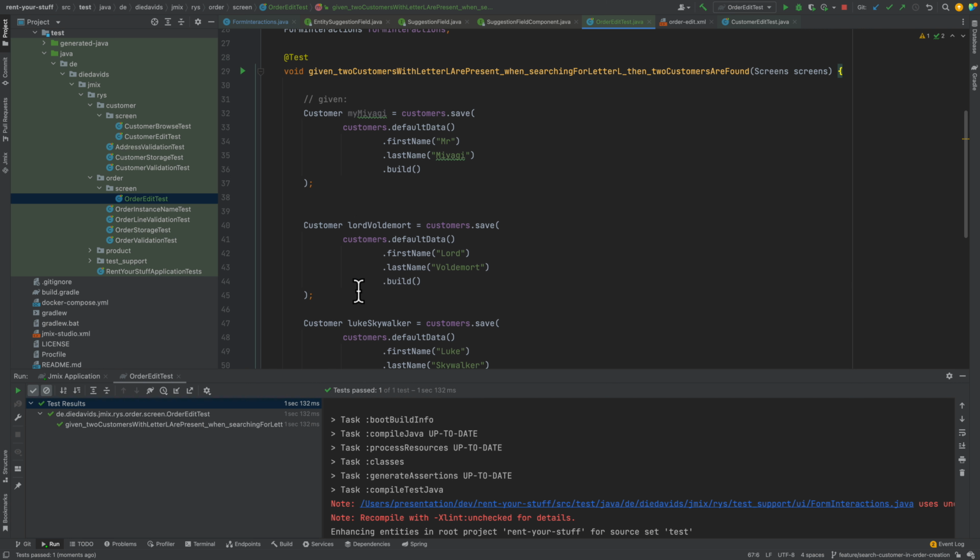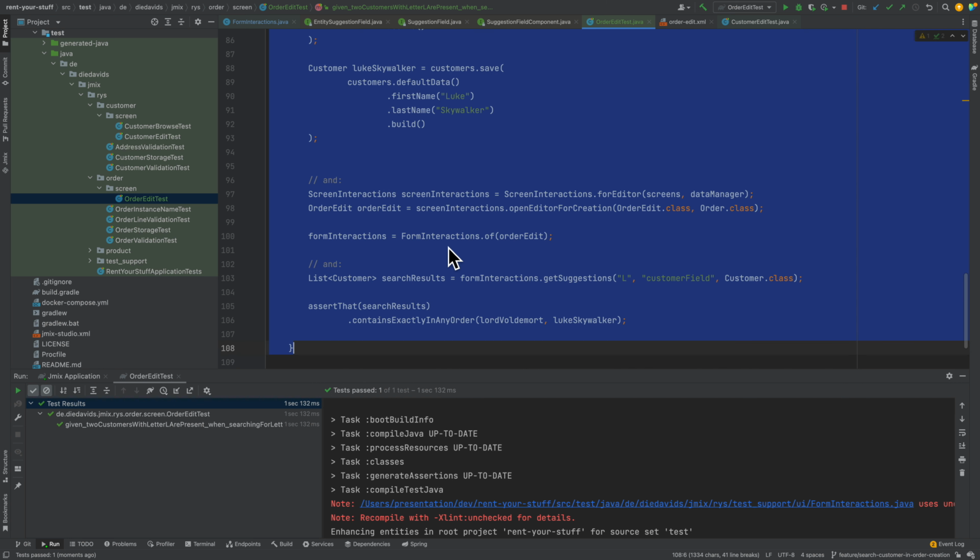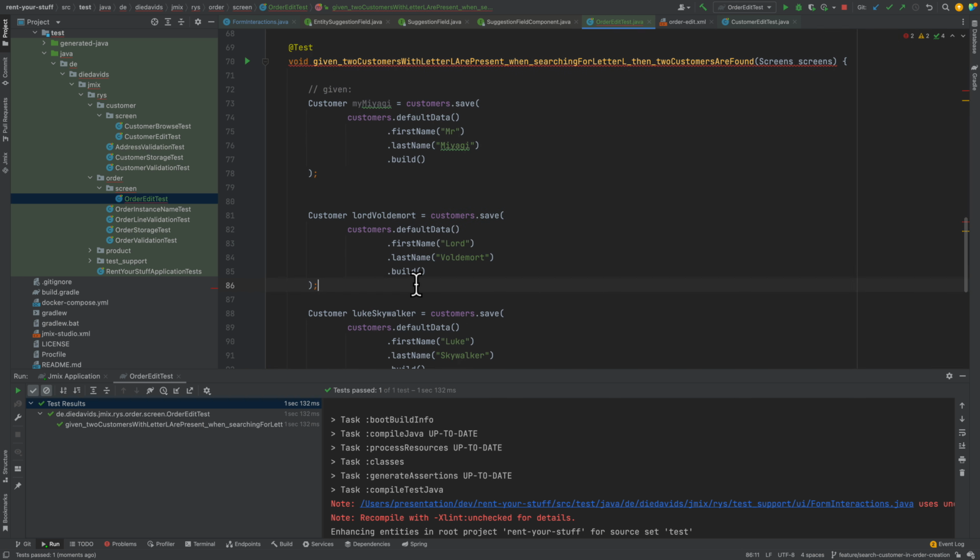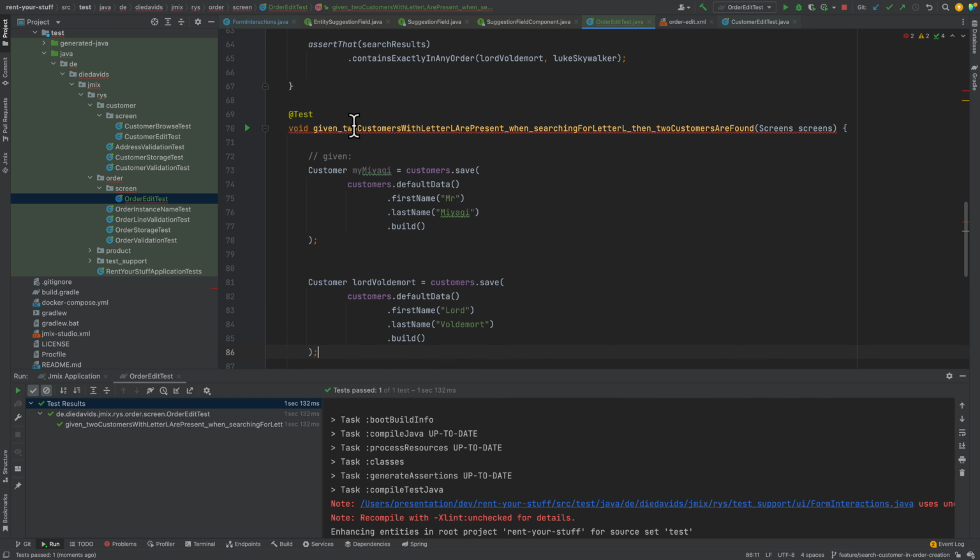Okay, so this still works. So this means now we can go ahead and create our second test case. And this time, I was thinking, let's check not so much on the searching, but once we have searched and then set a particular value or selected a particular value, then it should be bound to the entity. So this means our test case would be something like